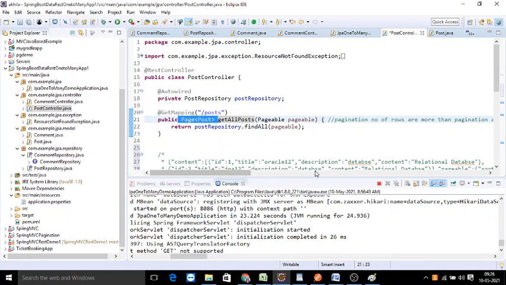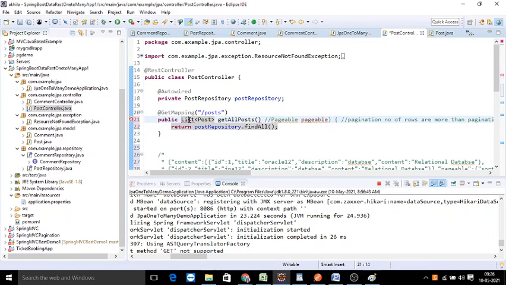That is a page. If you don't want to implement a pageable, that is also possible. Simply you give getAllPosts, and simply here you give findAll, and the return type should be a list of posts. That's all.